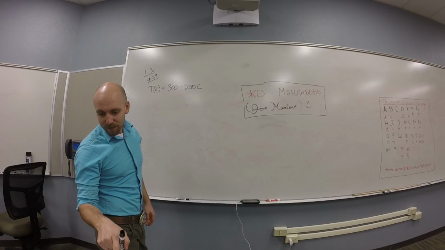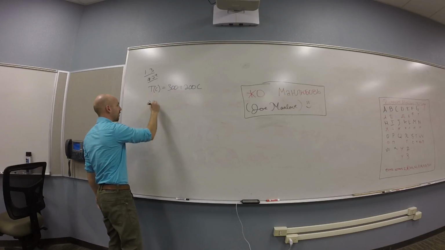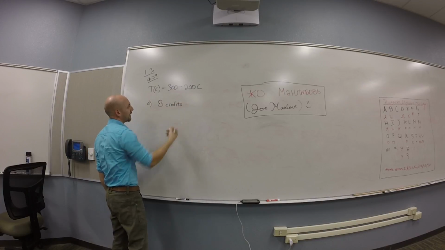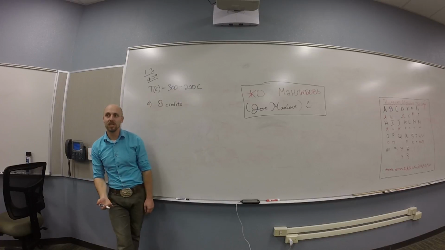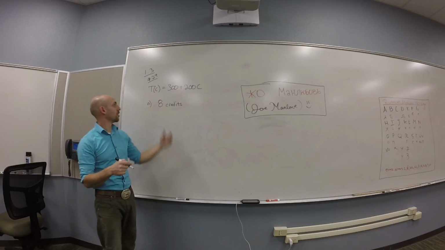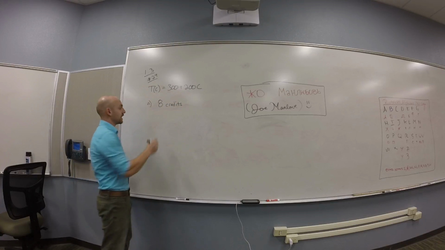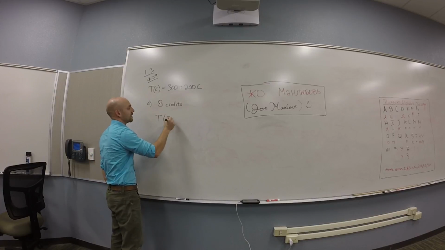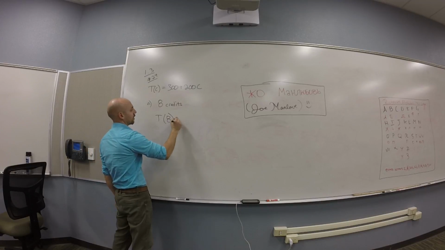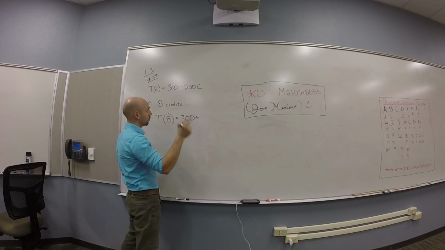All right, they want me to calculate the tuition cost for 8 credits. So, is that an input or an output for the function T? Input, cool, so I want to push this thing through. So I take 8 and put it where? Where the C is. And so if I'm going to label that, I'm going to call that T of 8, right? So do the rule T to the number 8. You're going to get 300 plus 200 times 8,